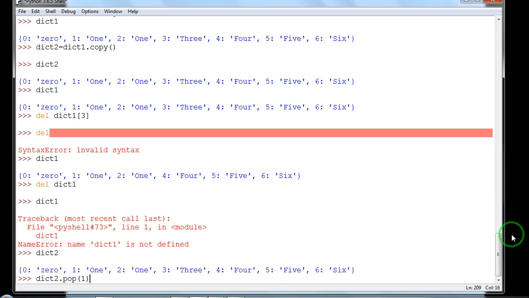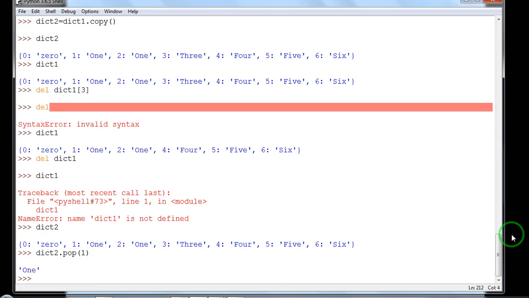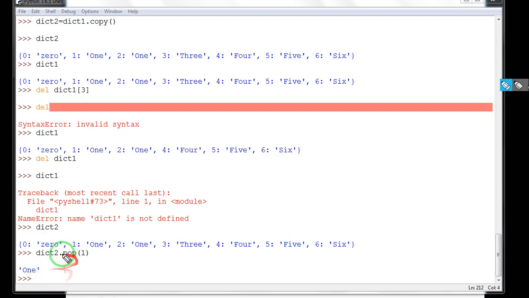That particular element will be deleted, but it will also return the value that it deleted. So it is returning the value. You can see on your screen that I have given the command dict2.pop(1). This is the key that I want to delete. So 1 is referring to this 1 over here. Therefore it is also displaying the value that it deleted.